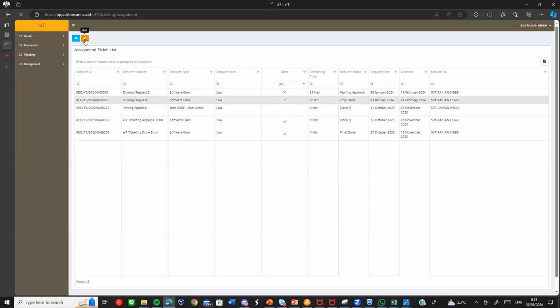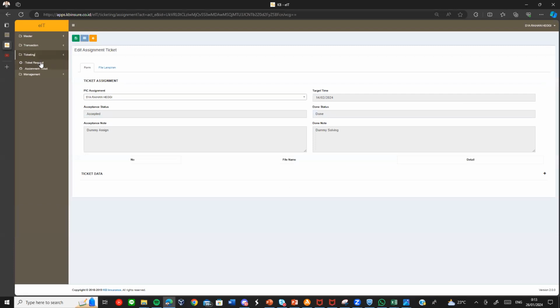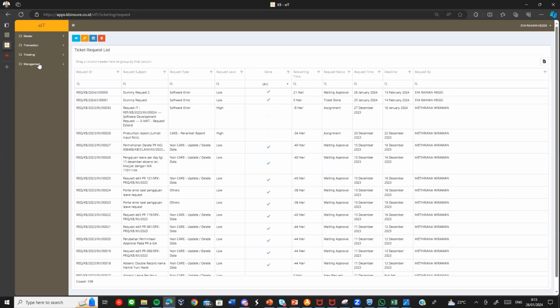This afternoon I tried to request it and it didn't show the error. You can see I just request the dummy request again, and it actually returns the process and is waiting for approval.